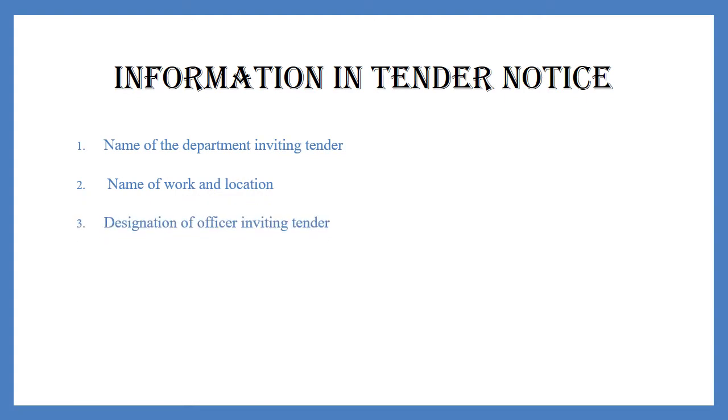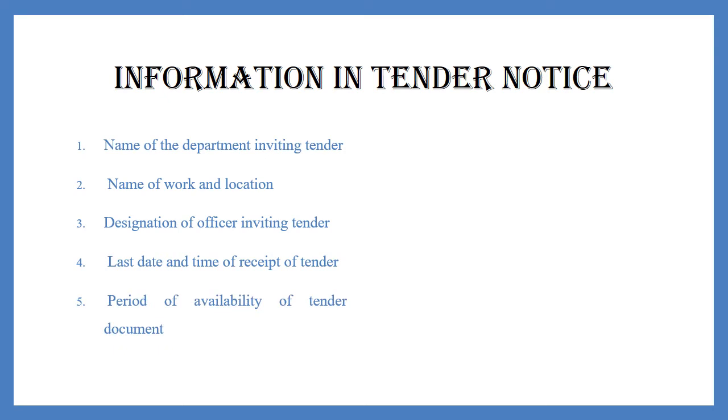Now, what are the contents to be included in a tender notice? First, it is essential to enter the information of name of department which is inviting the tender. Second, the name of the work and location. Then the designation of the officer who is inviting the tender, that is the designation of the authority who is inviting the tender. Last date and time of receipt of tender, the period of availability of tender document, cost of tender document, time of completion and type of contract,